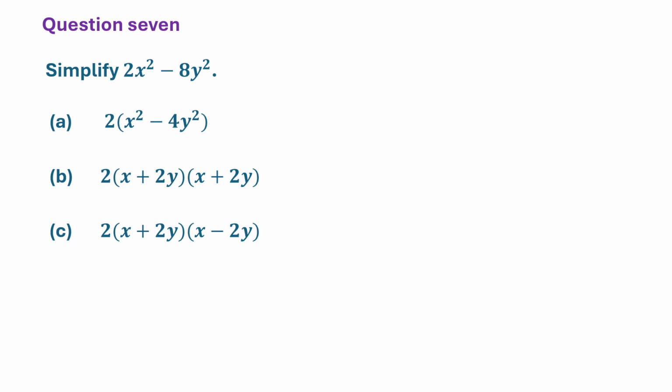Question 7. Simplify 2x squared minus 8y squared. What's your answer? Yes, the correct answer is C. Why is that so? 2 is a common factor here. So we can extract it out. And this,